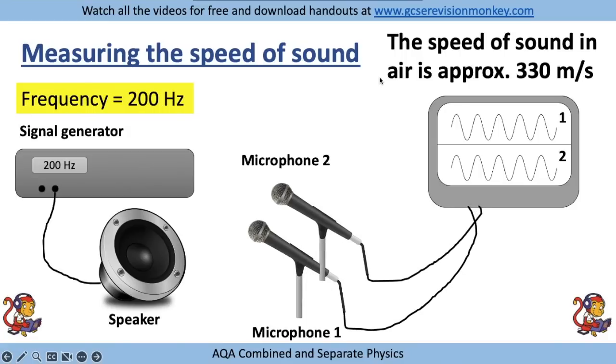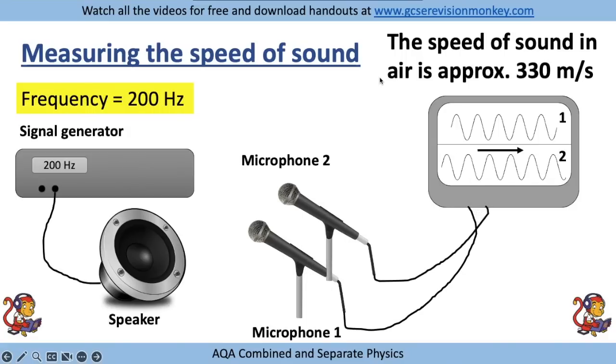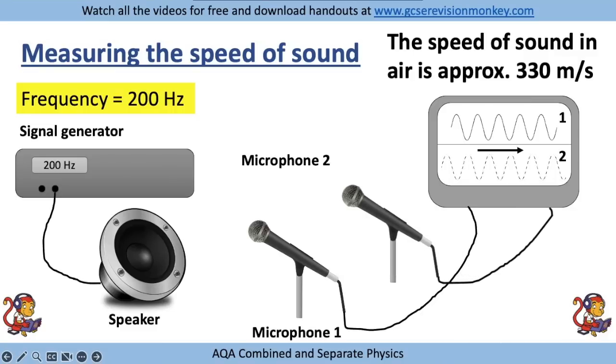move that backwards, and as you do that the wavefront will move as well, and then it won't be identical anymore. So you'll have microphone 1 here with your complete wave, and microphone 2 would have shifted slightly to the right as you'd moved the microphone backwards. But then if you move microphone 2 back a little bit more, you'll eventually get to the point where you have identical wavefronts again. And as you can see here, both of these traces are in exactly the same positions